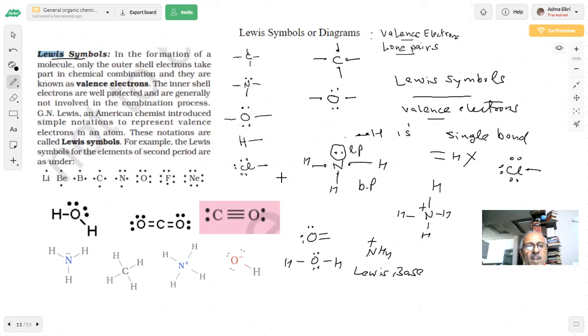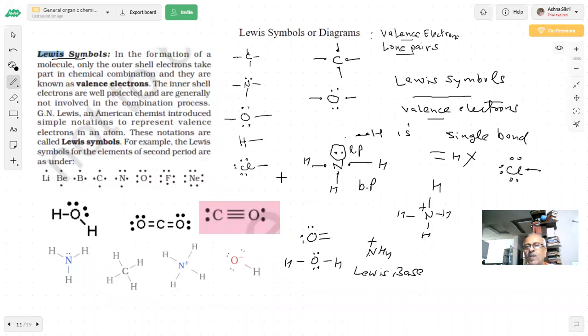Here are some of the Lewis structures which we have drawn. This is the Lewis structure of water. If I say draw the Lewis structure of carbon dioxide, what is it? Did I write it correct or wrong? Correct. Carbon monoxide, you see there are lone pairs of electrons on oxygen and carbon in carbon monoxide also. This is my 2, 4, 6 and 2, 8. And how many? 2, 4 and 6, 8.